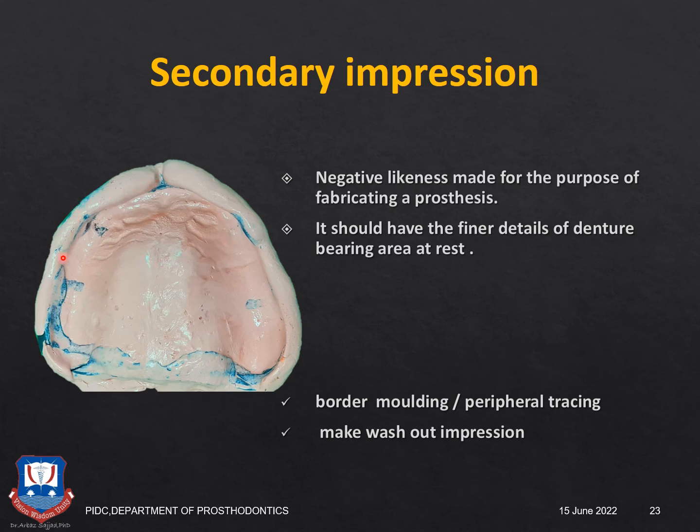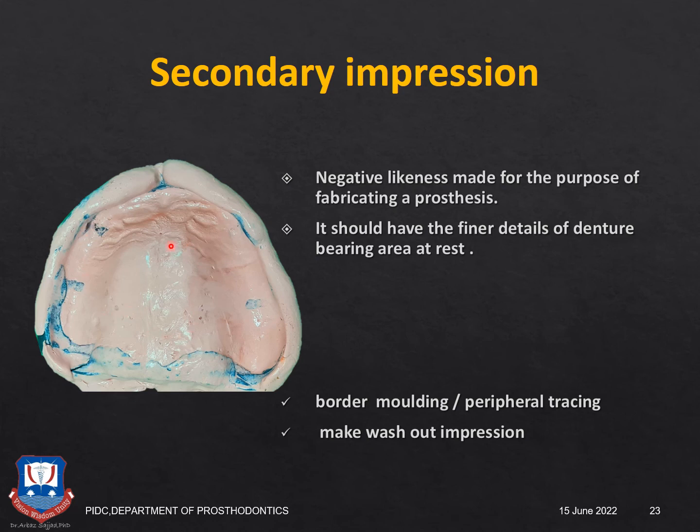and we should get a wash impression, that is, you should be able to see the green stick compound. This was an impression which I took probably a week or 10 days back for one of the final year students. I did the border molding and the final impression for them because they were struggling here, but you can see here green stick is extending onto the tissue surface area. This should not happen. Any green stick extending over the spacer area should be removed with a sharp BP blade or a scalpel blade. So this is one of the shortcomings, but overall this is a good impression with